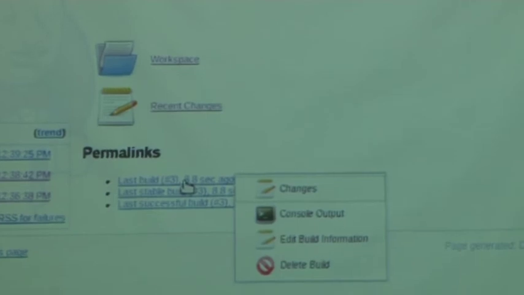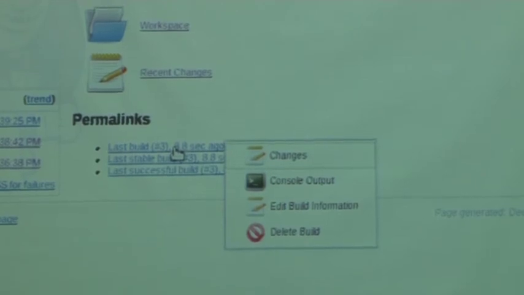So you can see here we have the list of the different jobs that were executed and when was the last job that succeeded, right?